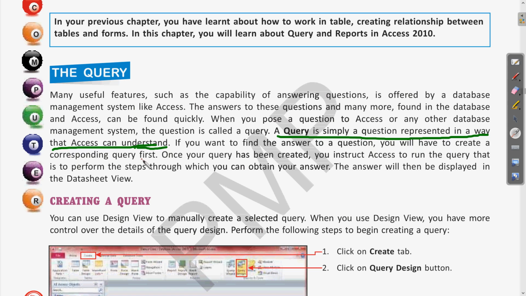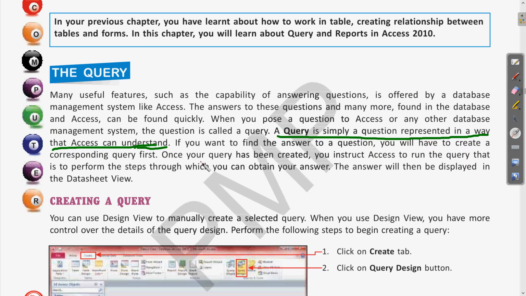Clear? So if you are searching something from an existing database, for example there is a student database and you want to search which students have secured above 70%, above 80%, these types of queries can be there. Then if it is a library management database, there you can search which students have not submitted the books.